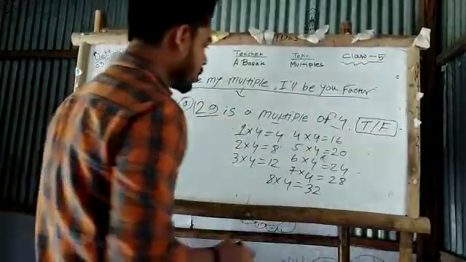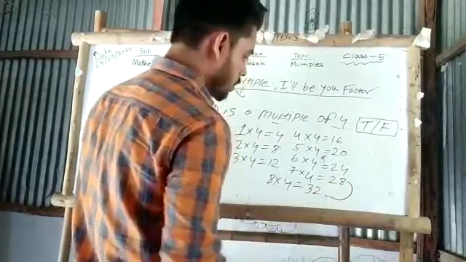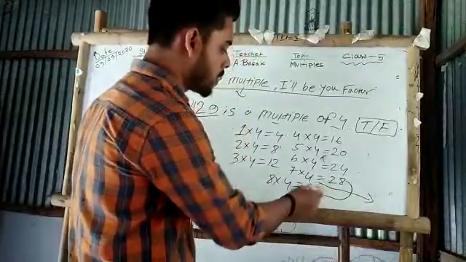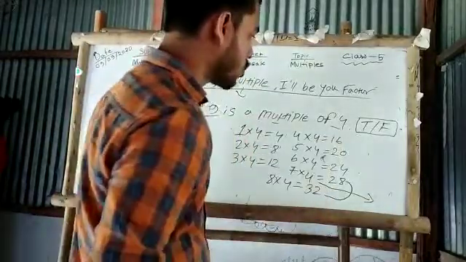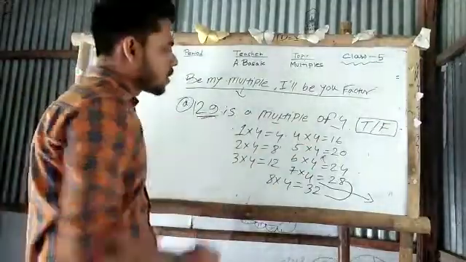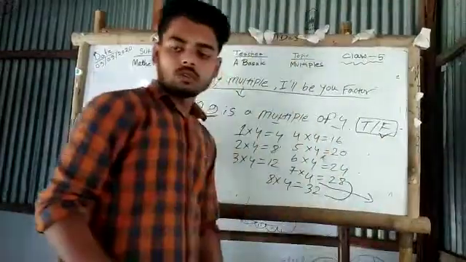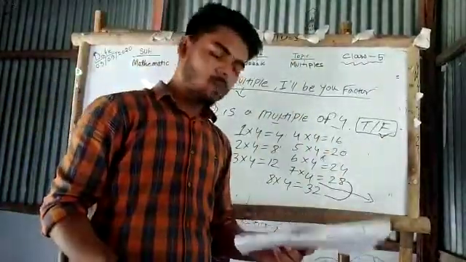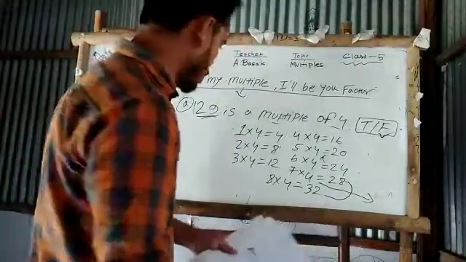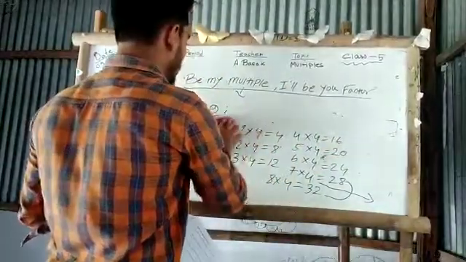The question is whether 29 is present in the multiples of 4. As you can see, 29 would come between 28 and 32, but there is no 29 between 28 and 32 in the multiples of 4. That means 29 is not a multiple of 4, so the statement is false. Like that we have 4 more questions. I will take another example, and then the rest of the questions need to be done by you.